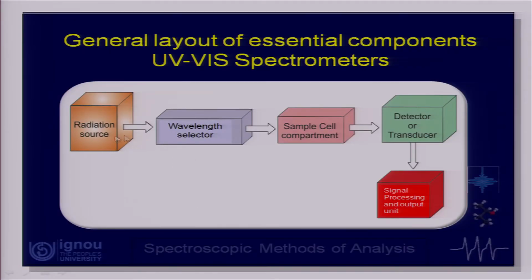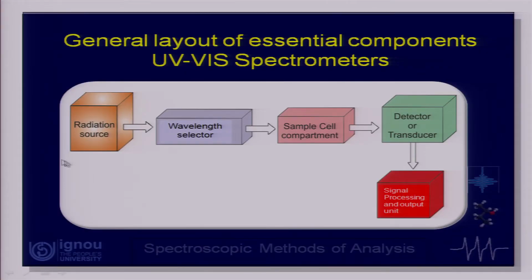Let us understand what exactly is happening here. You have a radiation source. Imagine a bulb. When you light a bulb, it gives you radiation of a wide range of wavelengths. Out of that radiation, we do not need to interact all of it in one go. We need a single wavelength or maybe a little more than that. So, we need a device called a wavelength selector. Out of the whole range coming from the radiation source, it takes out a small portion, and that radiation is made to fall on a sample cell.